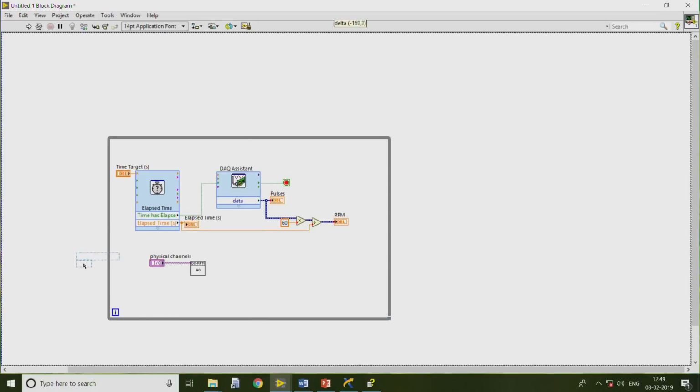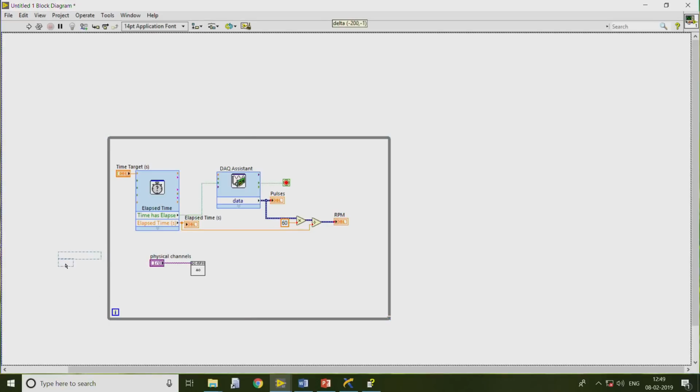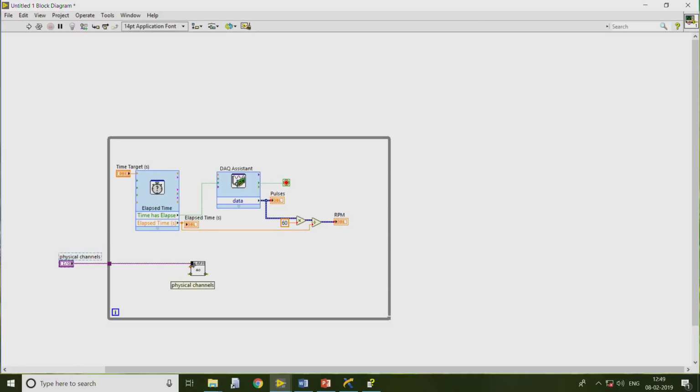Let me keep it outside, so that at a time it can only pass a single data. Sorry, the physical channel I can keep inside, but outside is also fine, whereas the data that has to be passed to the system should also be set before the start of execution.